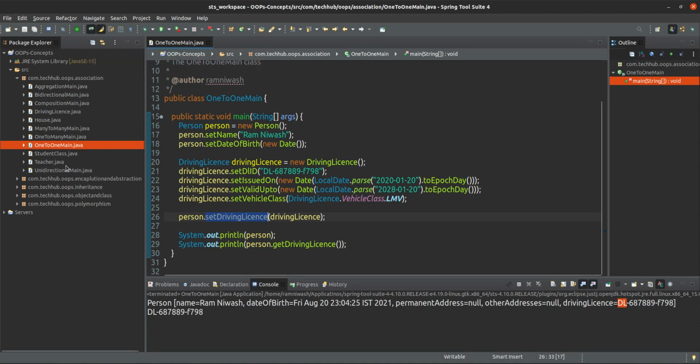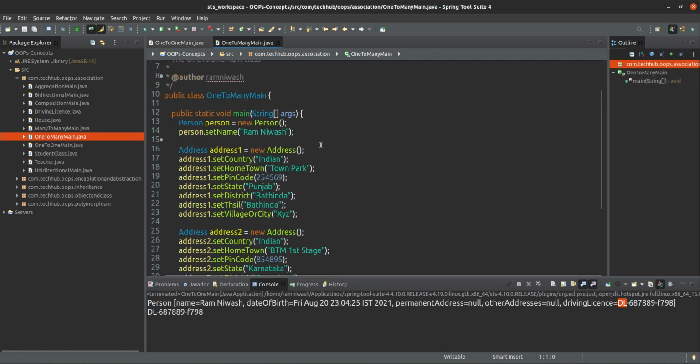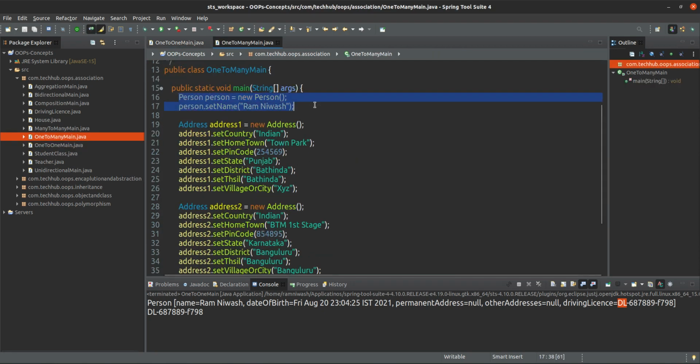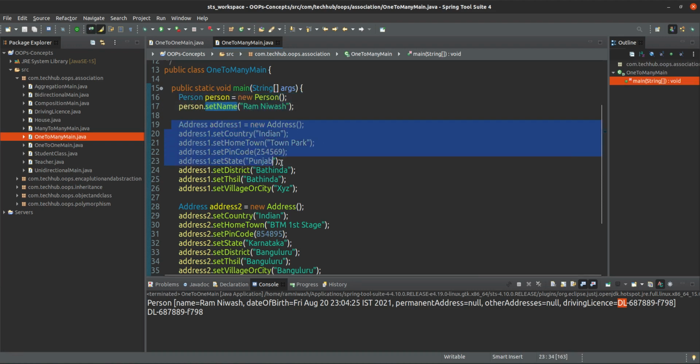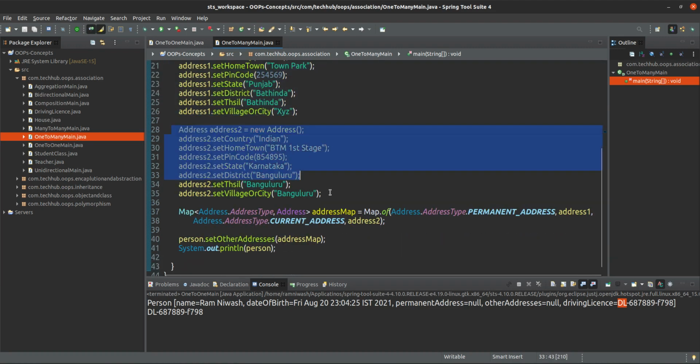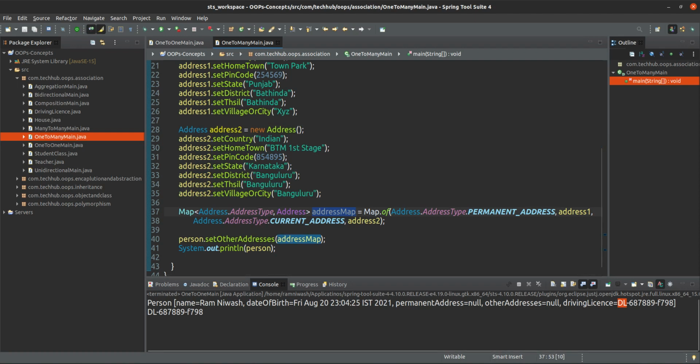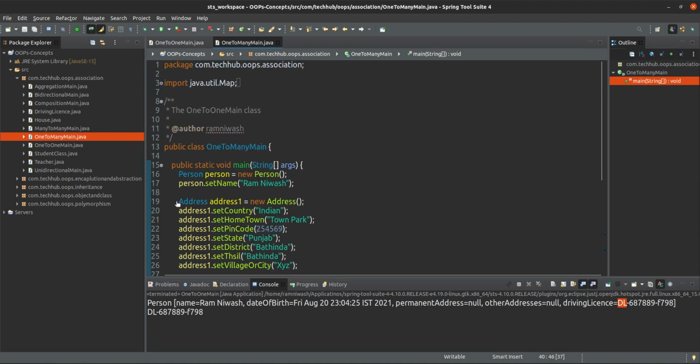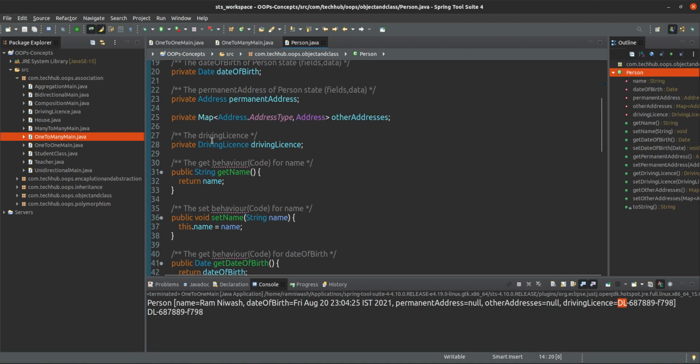One to many is the same. This is one person. We have created one person and set a name, and we have created two address objects also. The two address objects we have added into an address map, and that same address map we are setting into the person, because in the person class, if you see, there is a map of other addresses.